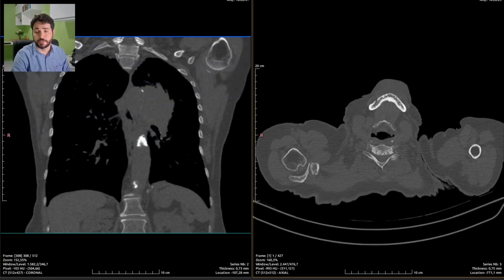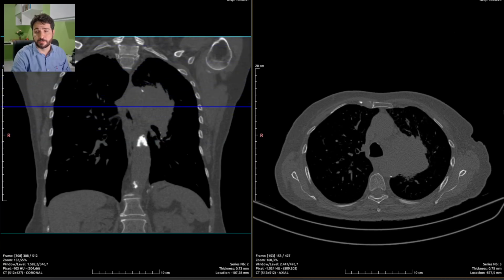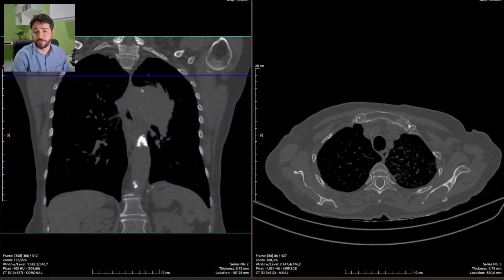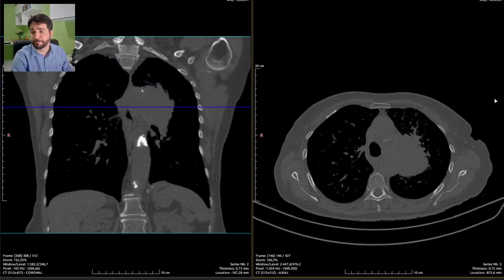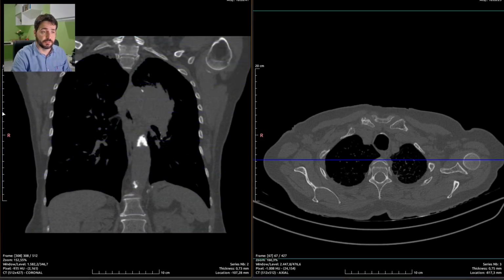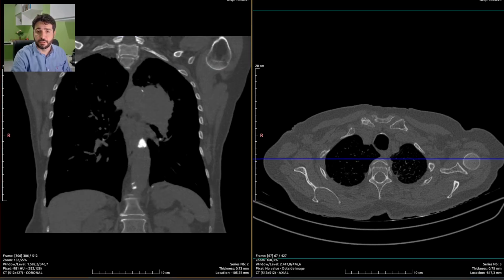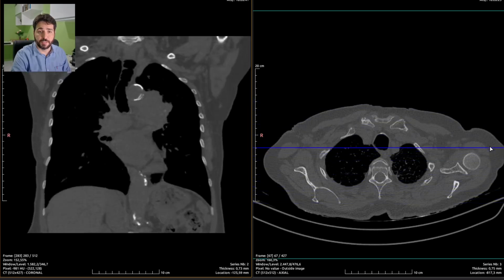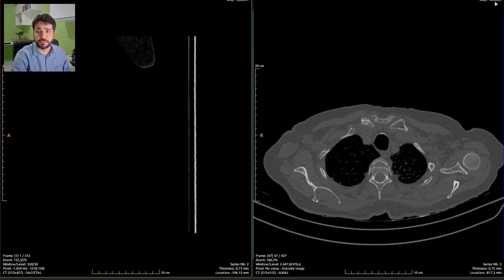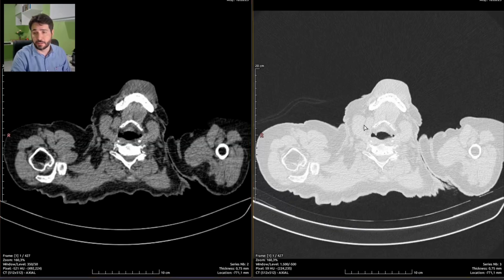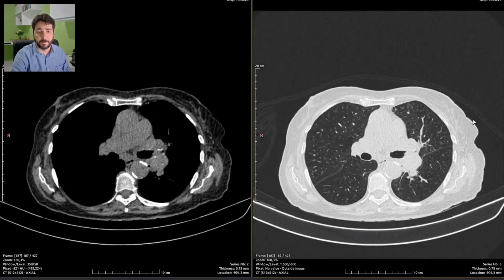sternum fractures can be missed on the axial view because it follows a perpendicular plane to the long axis of the sternum, so it's much easier to lose. And here in this case we aren't losing anything on bone. Bone is fine, just degenerative disease that is quite common at her age. Let's just take another look at the